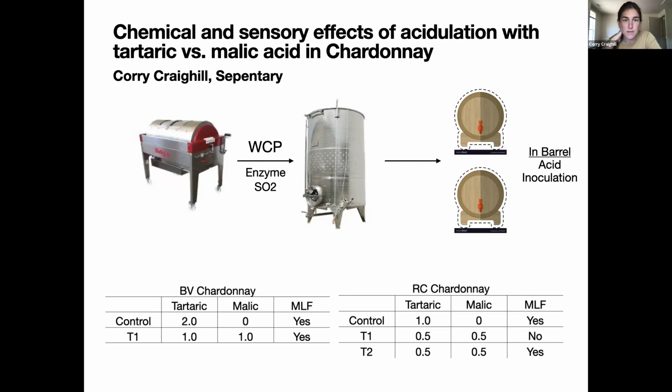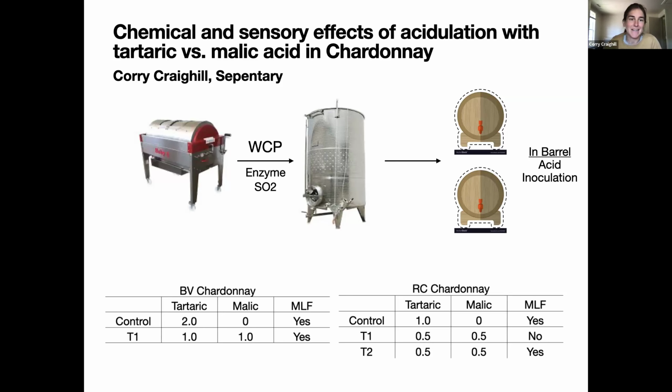of the experiment. One was just the control of just tartaric acid, at 1 gram per liter. The second barrel was the same amount of acid, but split between malic and tartaric, so 0.5 gram and 0.5 gram per liter. And that barrel did go through malo as well. And then the last barrel was also split between tartaric and malic at equal rates, but did not go through